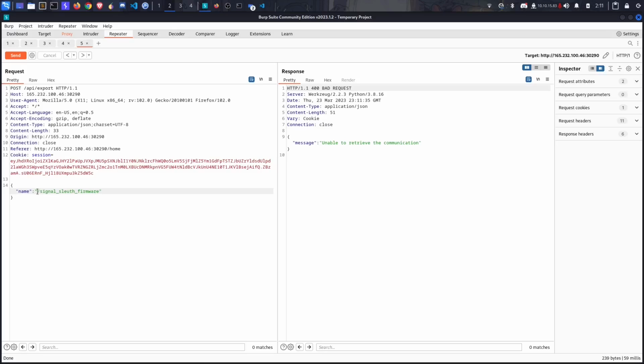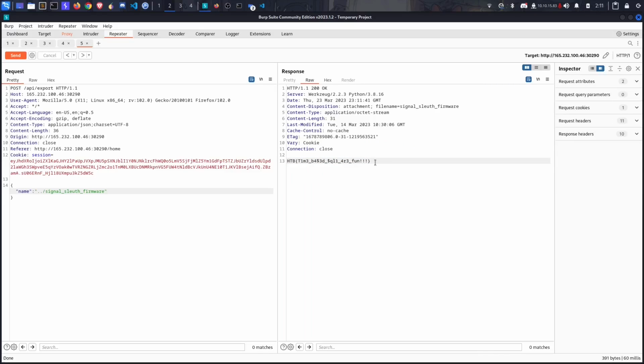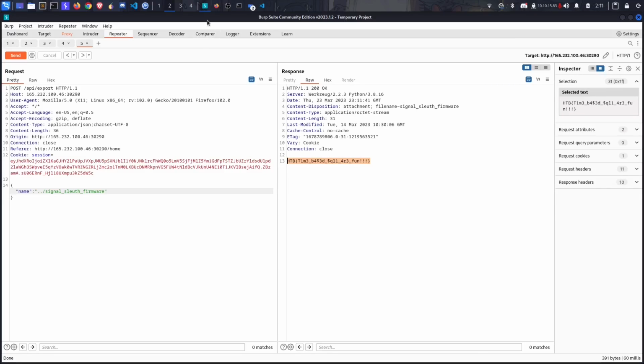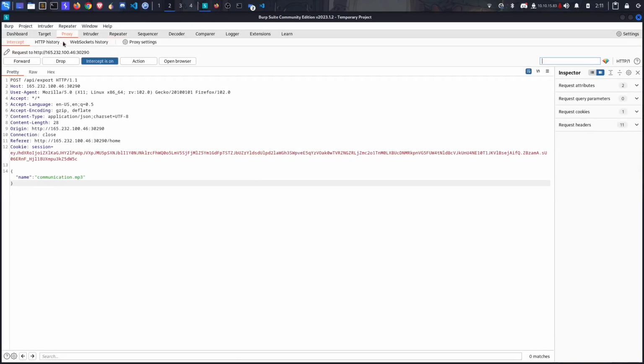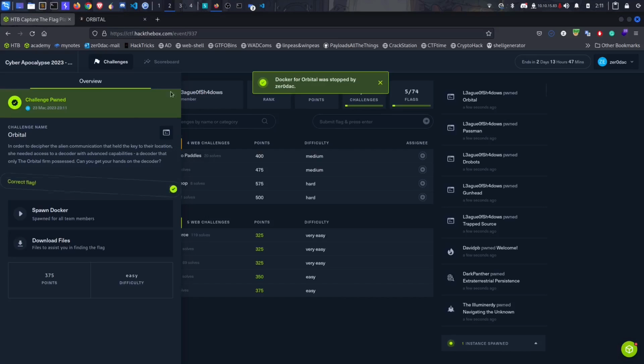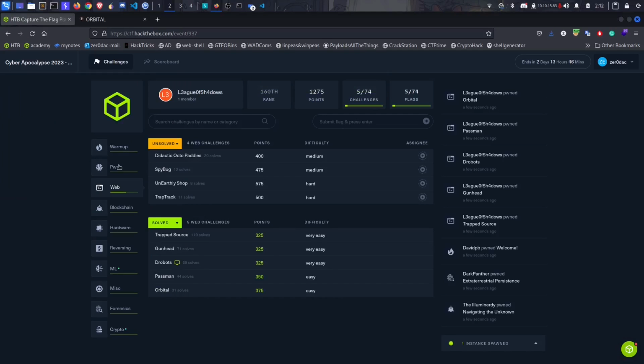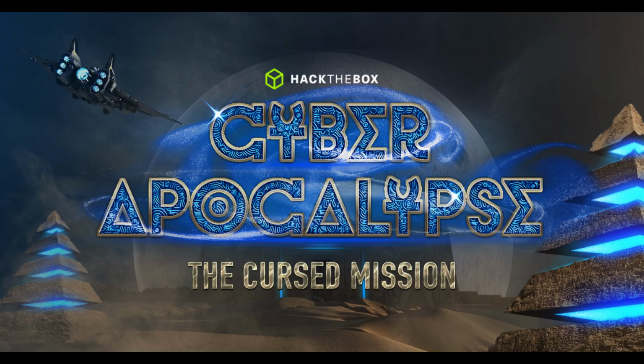But it's before the communications. Yes, here is the flag. Time-based SQL injections are fun. We forgot to turn intercepting off, and it's PM2. So let's continue